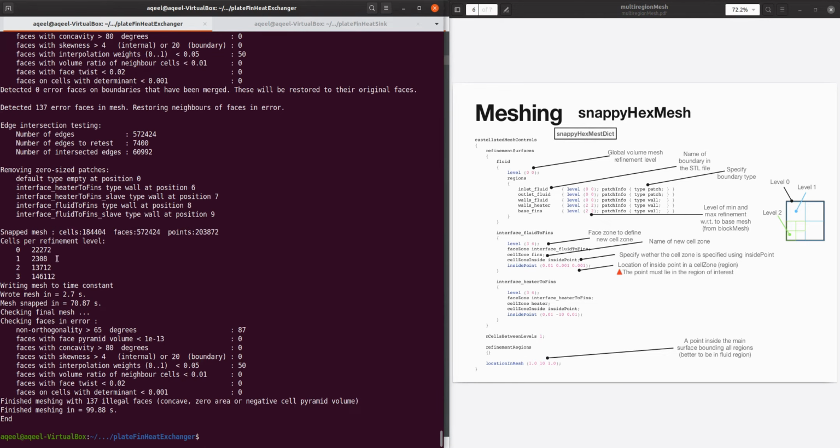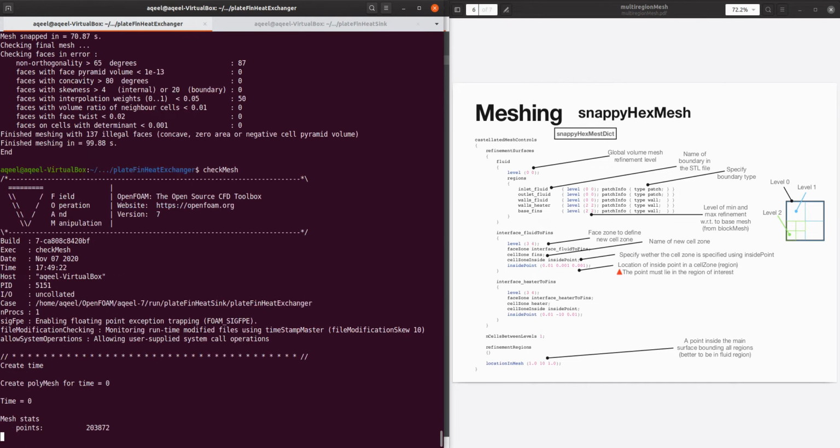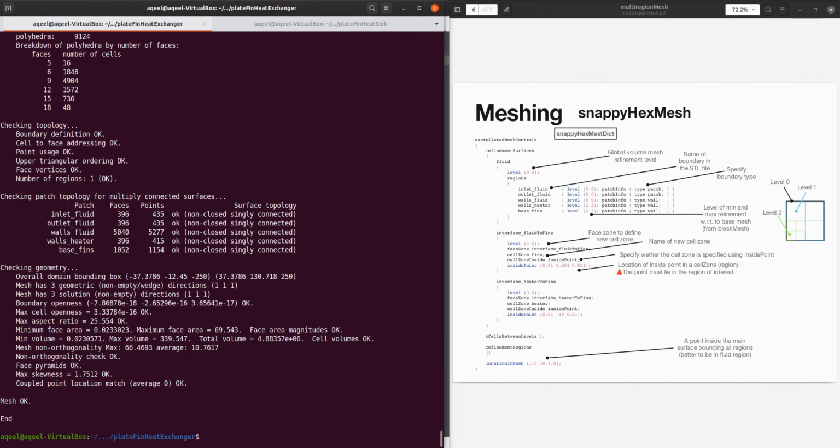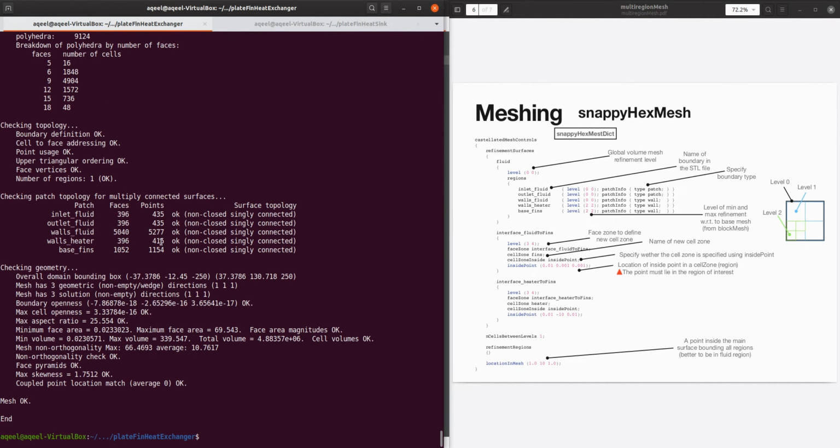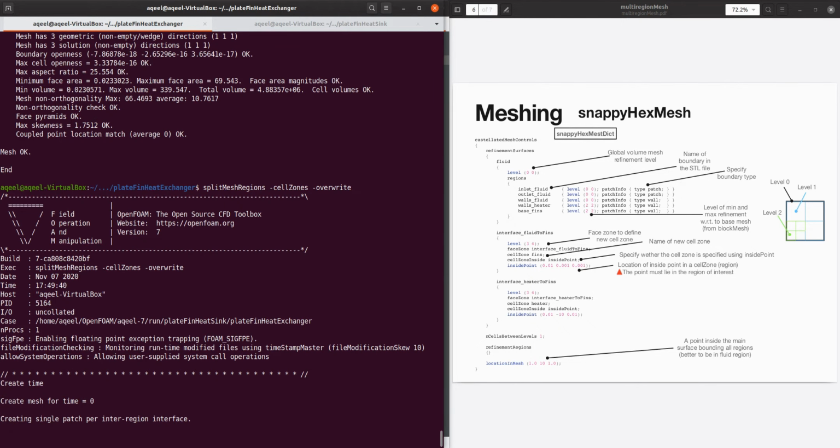So here is our mesh, and we can use check mesh to see if it is fine, and it shows 3 cell zones, but we still need to split these mesh regions by using cell zones and then use overwrite.